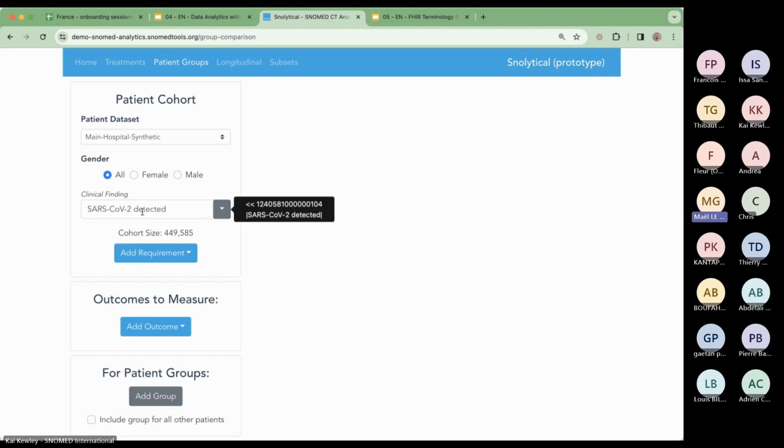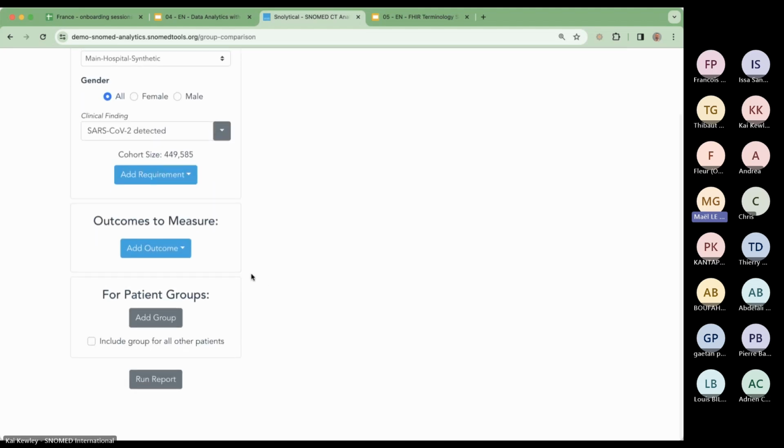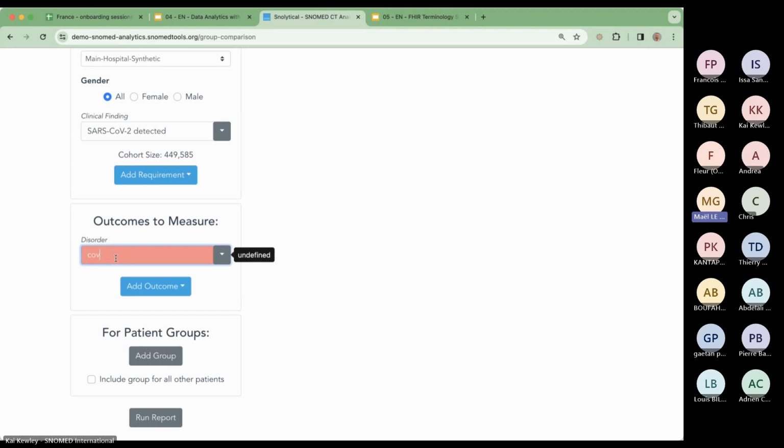So this isn't the disorder. This is actually just that they've got the virus and that they've had a positive COVID test. And that brings us down to around 450,000 patients. And the outcomes that we're interested in measuring are COVID pneumonia,